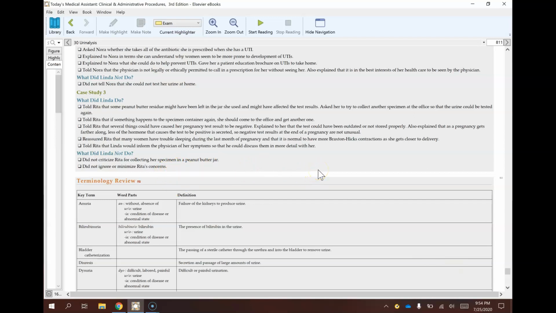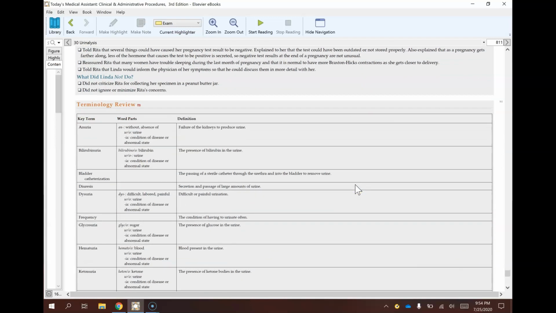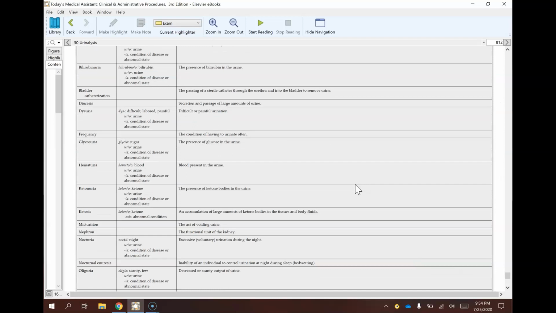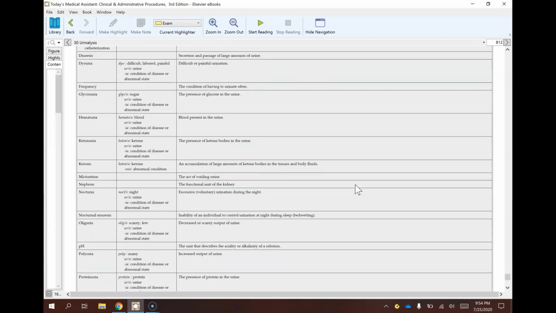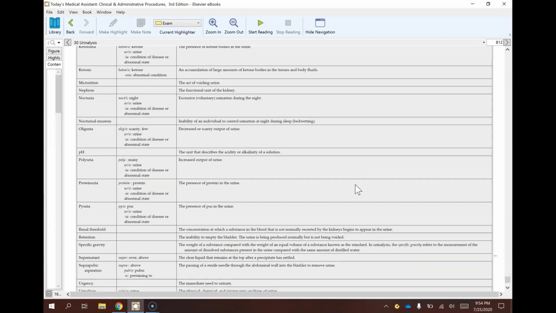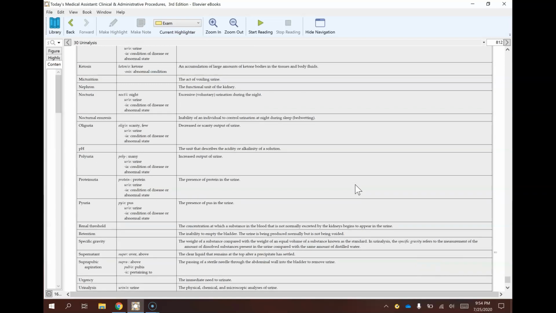So again, these case studies really emphasize how important an MA's position in the office is, and that is something that is often downplayed, but I love the case studies and the responses simply because you as an MA can make the difference of a patient